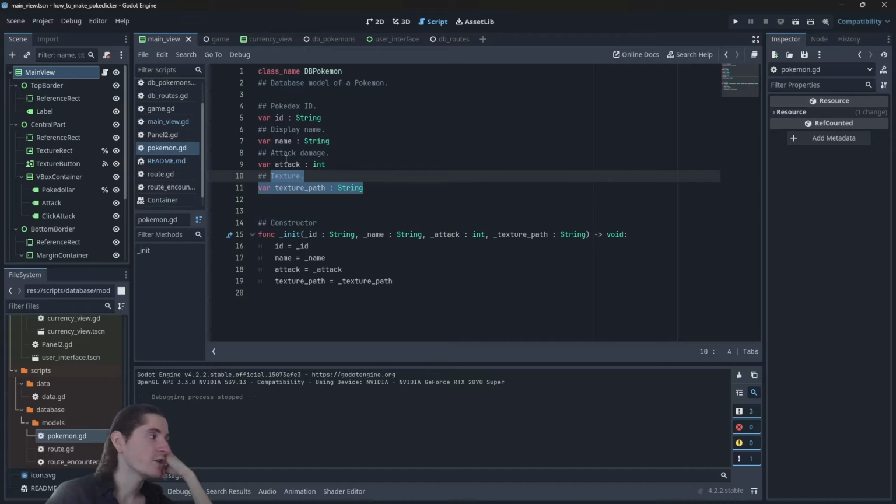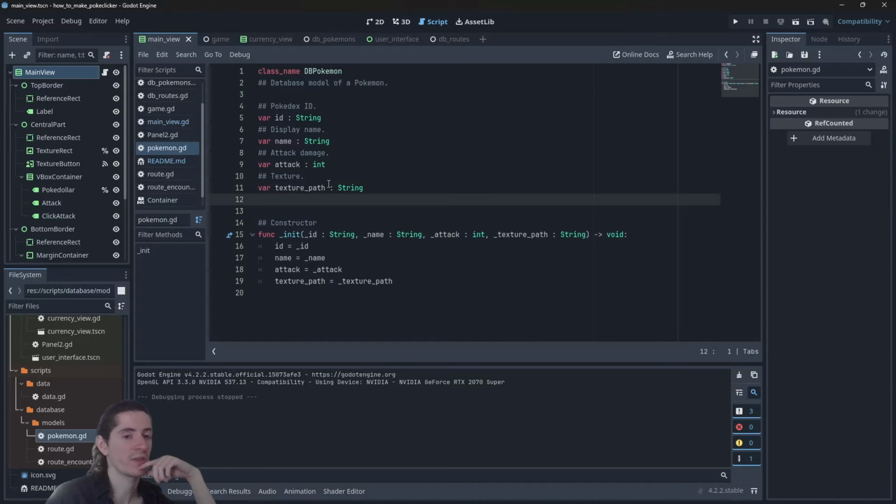So I initially directly loaded the texture, but I don't know, really. I don't know if loading the textures right there is the way to go. Maybe it is, but I changed it for the texture path. Maybe I will change it back to texture if it's better. I actually have no idea right now. But anyway,